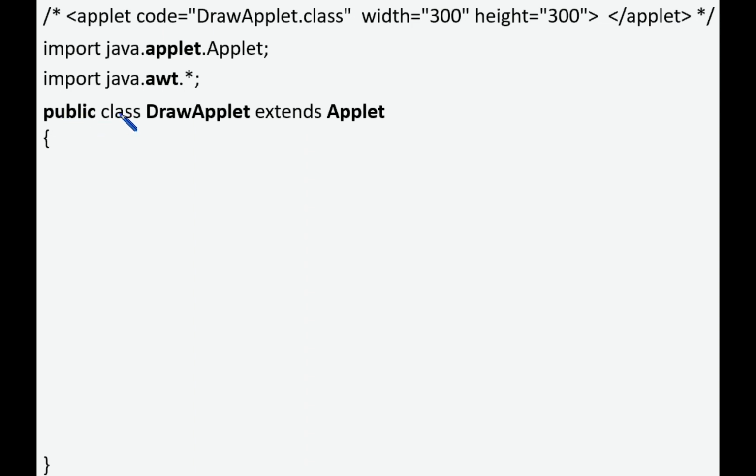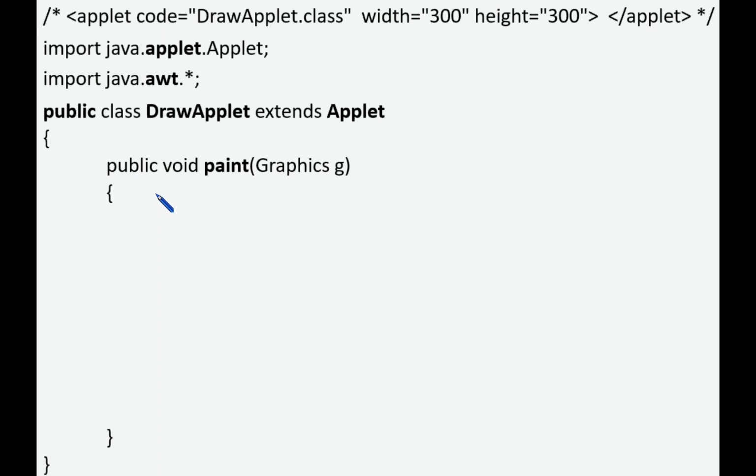Okay. So class is followed by class name. So here class name is any valid user defined name which is going to extend. So extends, it indicates what? Single inheritance. So here superclass is Applet, whereas subclass is DrawApplet. So now we are going to define our paint method, which is public void. So for this, we are passing the object of Graphics class. So this Graphics class is part of this AWT package.